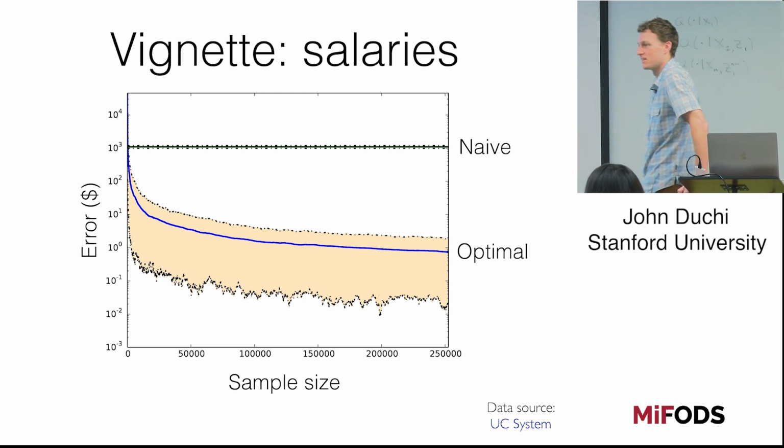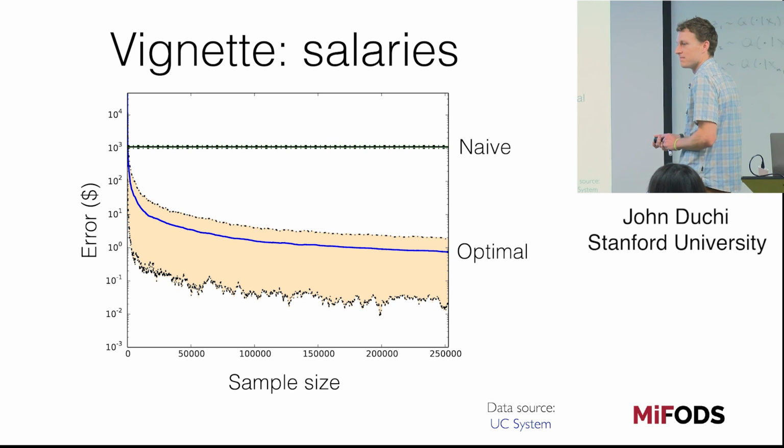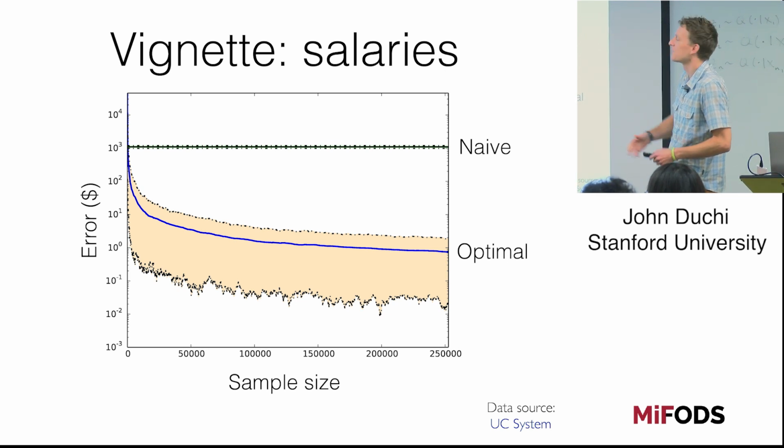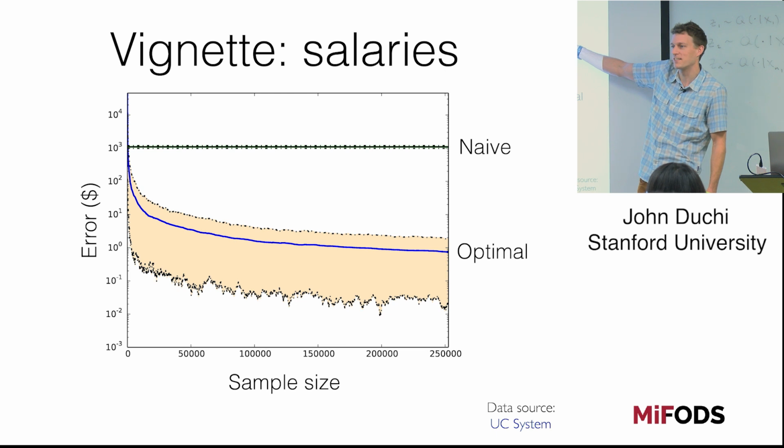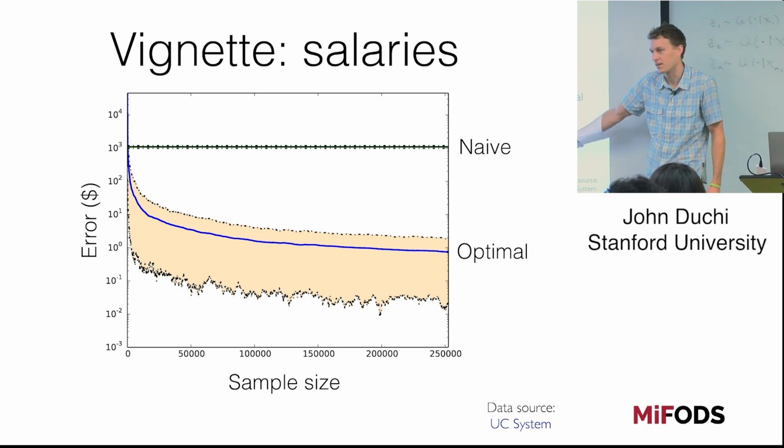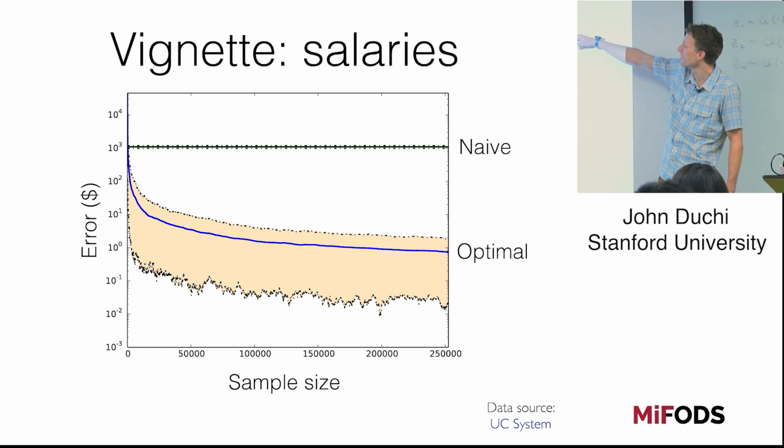This is very confusing. So the naive one is systematically biased? No, it's just always wrong. This is the absolute error. How can it do that? As the sample size goes to infinity, it can just not work? No, the sample size is 250,000. I just gave the naive estimator 250,000.